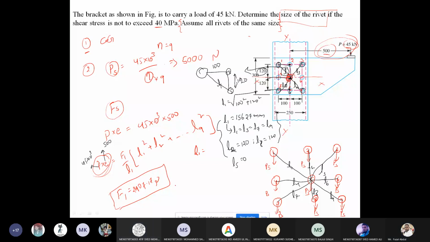Okay, very good. Now, after calculating F1, this is the secondary shear force. The direction of the secondary shear force is going to lie in this manner. I am drawing it here. Because the eccentric load is applied in a clockwise direction, all the turning effects generated here are in a clockwise direction only. The secondary shear forces generated on the rivets are all perpendicular to the line joining the center of gravity to the center of the rivet.